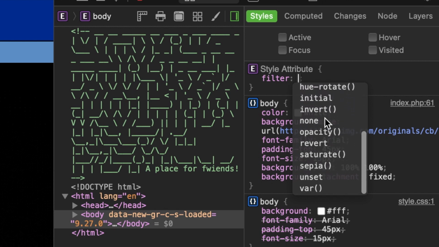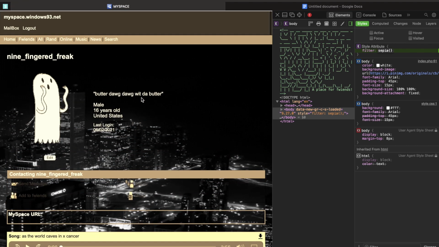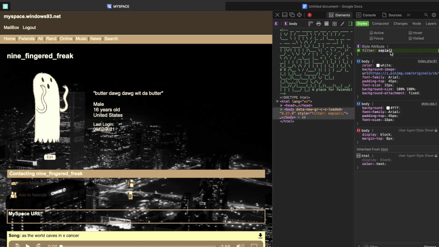And you can choose all of these ones. Let's do sepia, because why not? Look, it changes it to this, and I think you can change the opacity or whatever. Is it 60%? Yeah. So you can change the percentage, like how sepia it is,